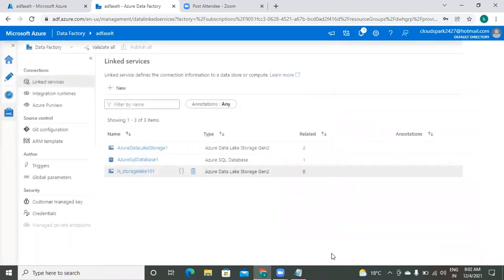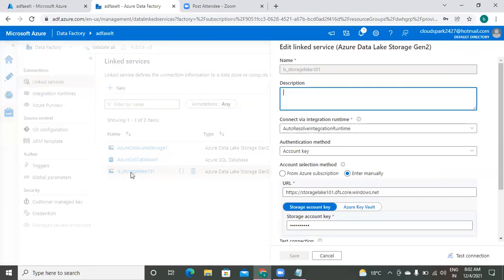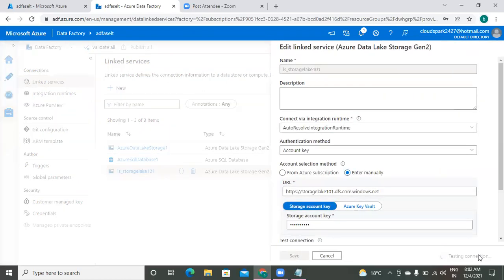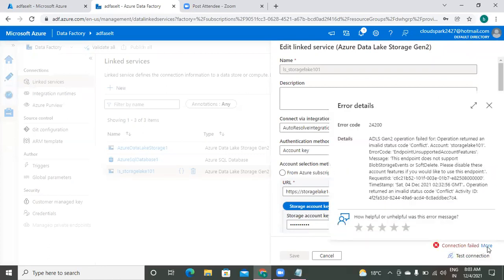Okay, first, please try to understand the error message. I am testing the connection. If you click on more, the error message will pop up. Okay, you cannot see the small letters. I will try to copy this.